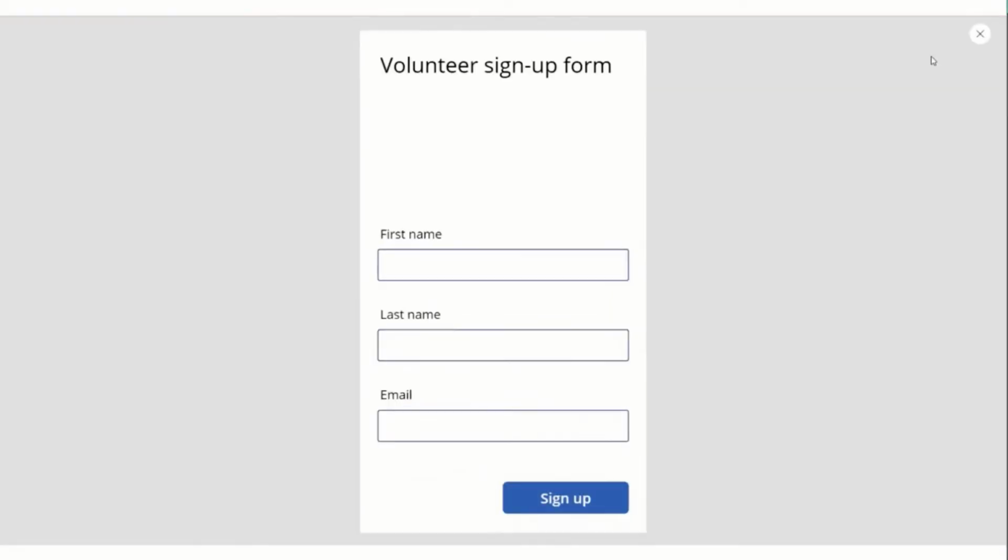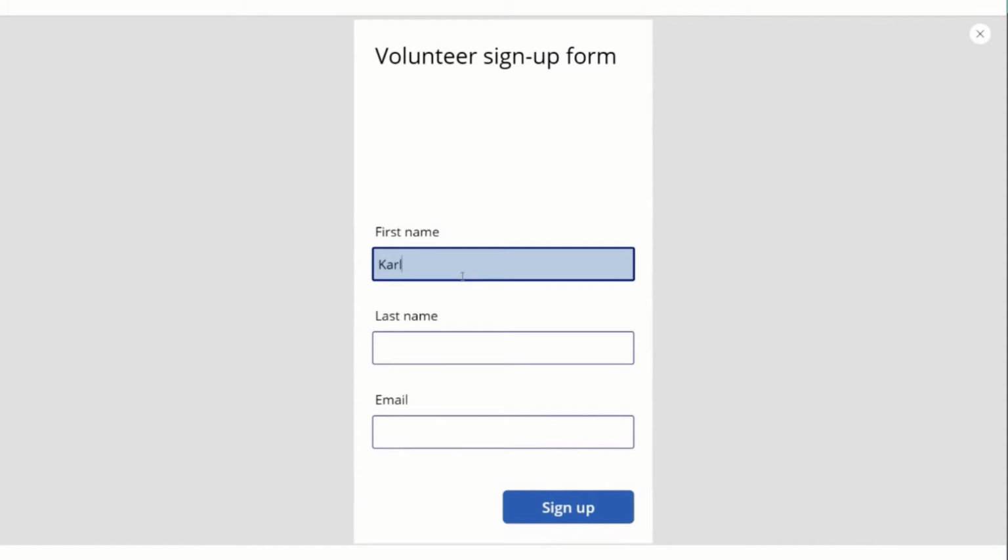And let's go ahead and try running it. So we're going to use my dad's name. And I may have already added him to the database, so we're going to use his middle name also. And we're going to say KDJ at. And under pain of death, I'm not allowed to tell you his middle name. He's very embarrassed by it. So let's go ahead and hit sign up. So it's running. It's thinking about what it's doing.